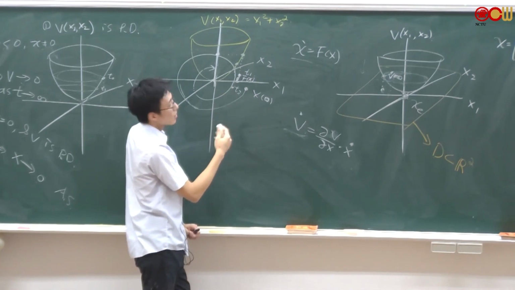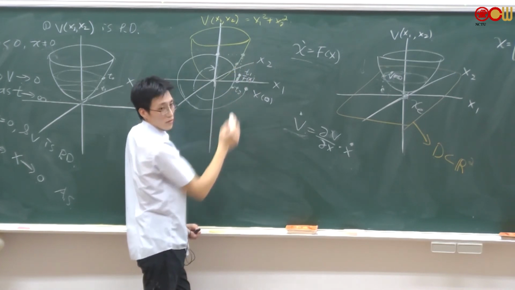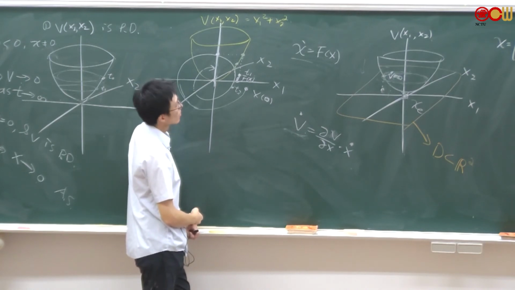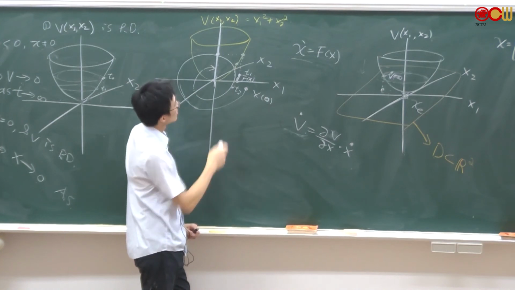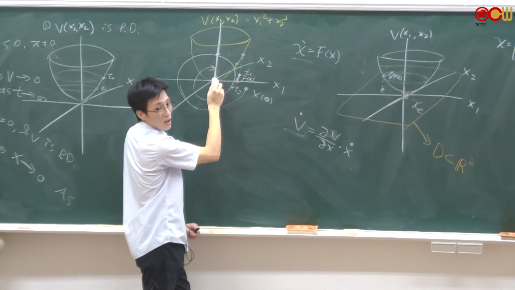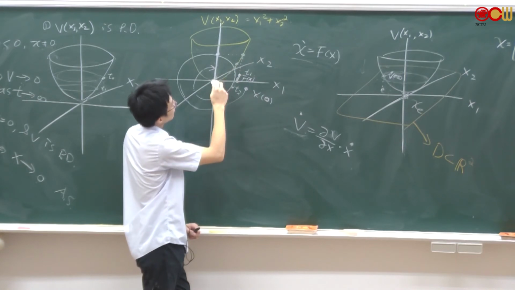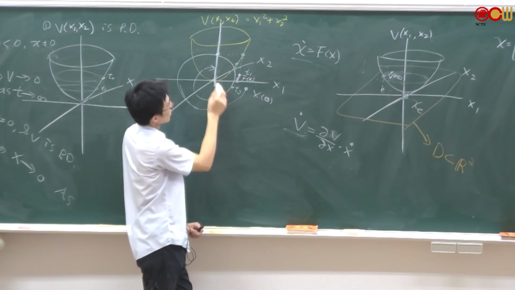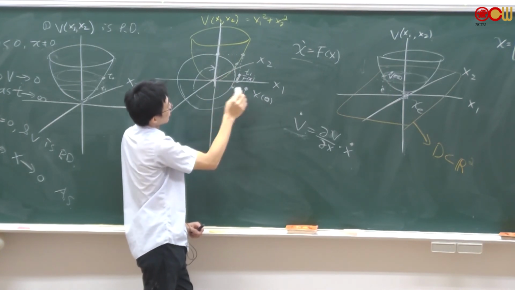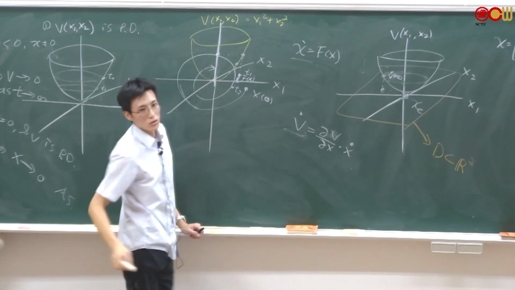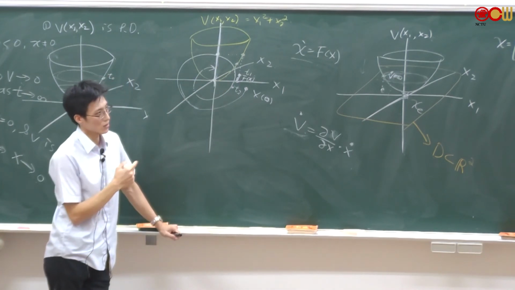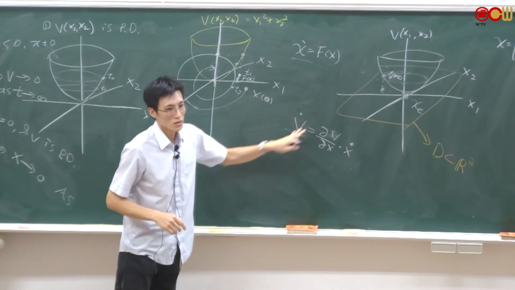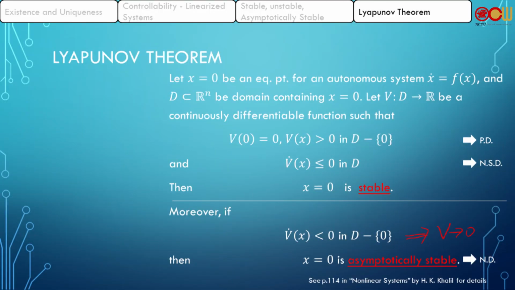And you compare the two. If this is smaller than the previous one, we say V dot may be negative, right? And if that's also the case, eventually it will reach 0, right? And based on this function, the 0 value of V means x1, x2 are 0, which converges to the origin. No matter where you are, if V is 0, that means this trajectory converges to the origin. And this means asymptotic stability. So you don't need to solve for the solution, we just evaluate this. So all the property is condensed to this property,